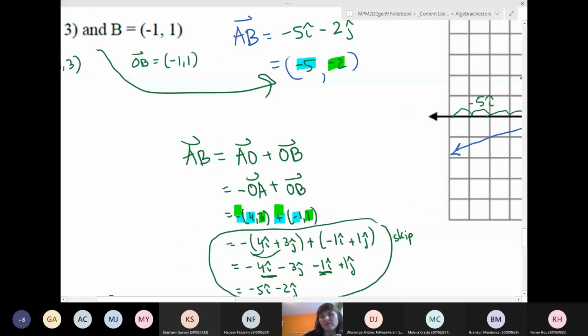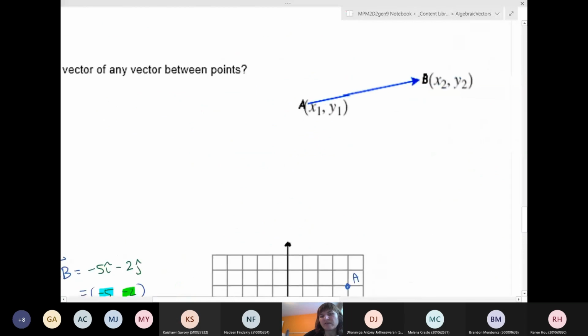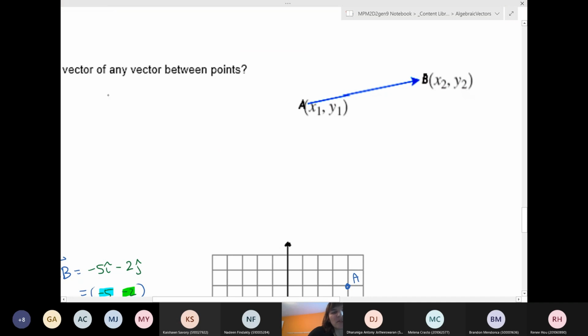Okay, so the summary of this is up here. If I have a general point x1, y1 for the A, and general point B, x2, y2, to find what we call the position vector. So if we were to reposition AB to be at origin, to be with tail at origin,